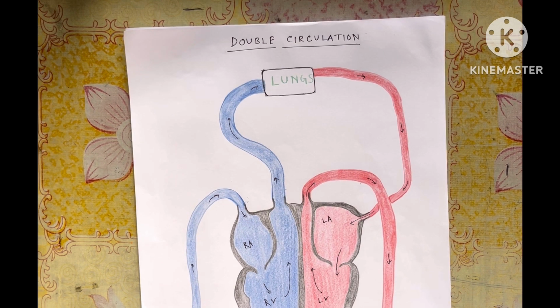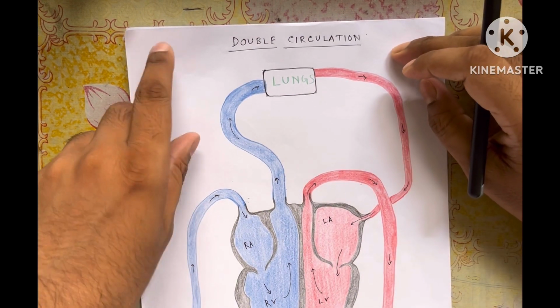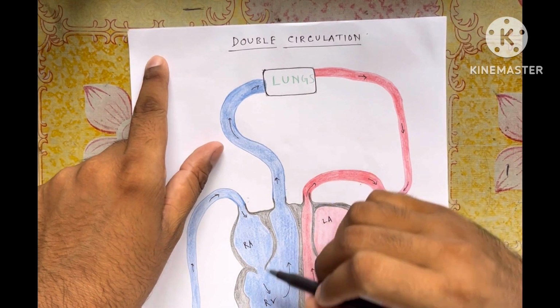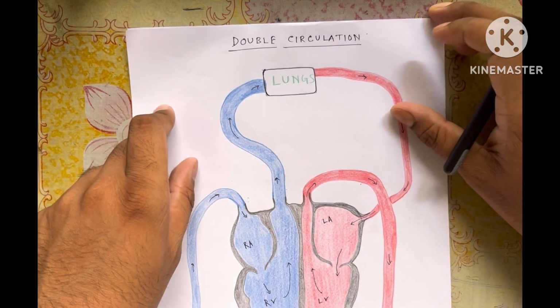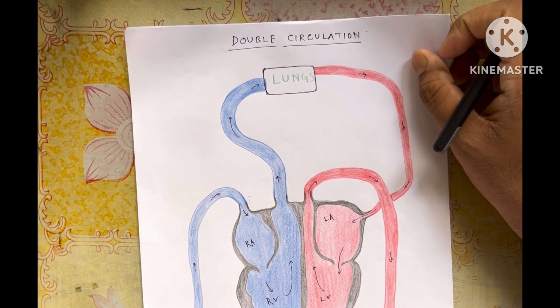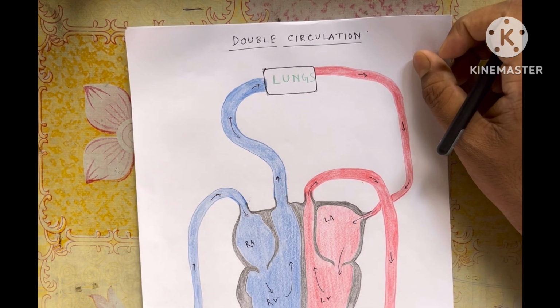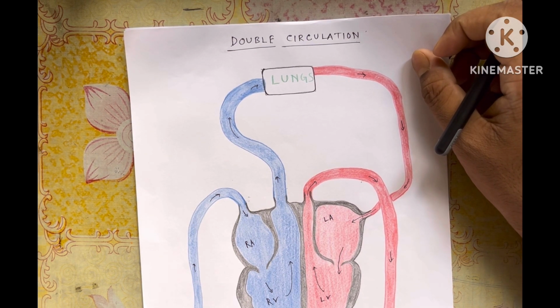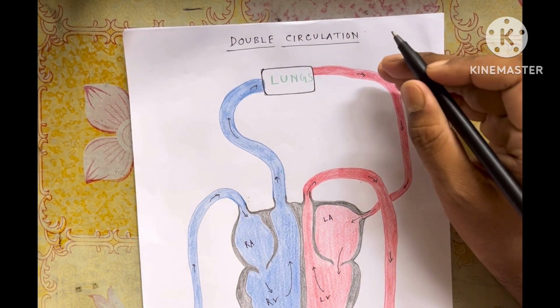So today in this lecture we are going to discuss about the double circulation. So what is double circulation? Double circulation is a kind of blood transportation throughout the heart. We have different types of circulation like single circulation, double circulation, incomplete double circulation. In the upcoming videos, one by one, we'll discuss each and every circulation, but today our prime focus is